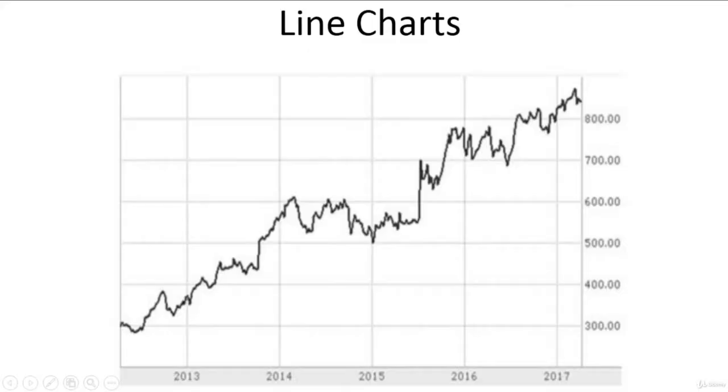You can also draw a line chart on a single piece of price information, that is open or low or high or maybe a close. As you see in a sample of a line chart on your screen, on the y-axis you see price information and on the x-axis you see time information, and the series of points are connected through a line. That example is for the line chart.